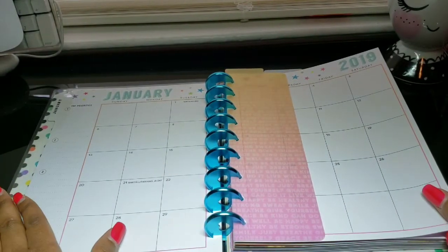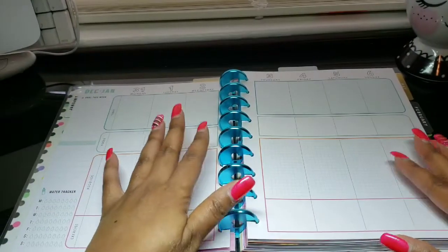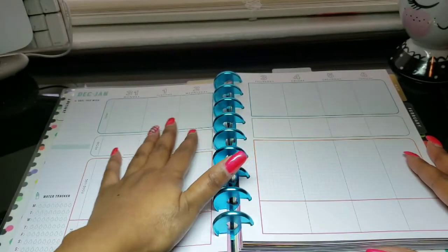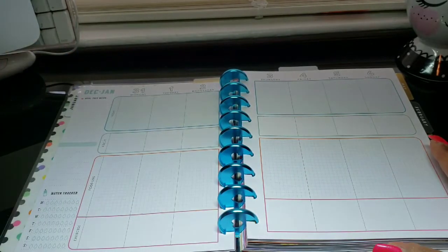This is how the month at a glance looks. And I did do a flip through of it, so I'm not going to stay on this one too long. But how I plan on using this one, the today is pretty much where I would write how I actually felt, not based off of anybody else's experiences or how my kids were doing. It's actually just focused on